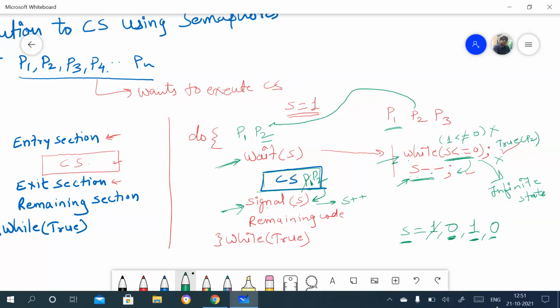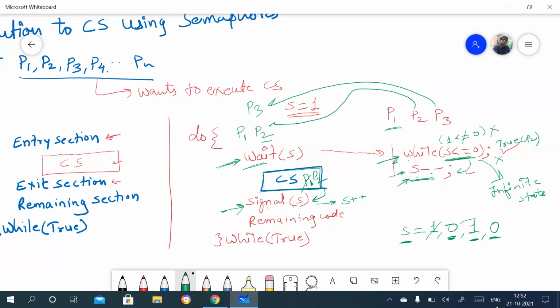Again, suppose when P2 is in the critical section, P3 wants to enter the critical section. Again the value of S is what? 0. P3 will execute this wait function and come to the first statement, that is while. Again the value of S is 0, so this again will enter the infinite state and execute itself again and again. So P3's control will not pass to S minus minus, because P2 is there.